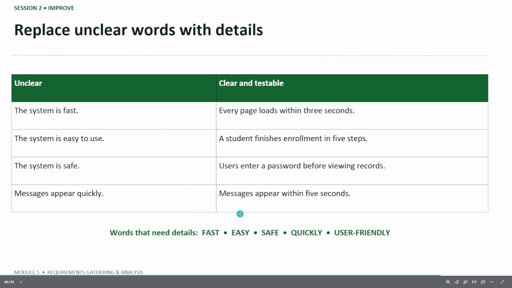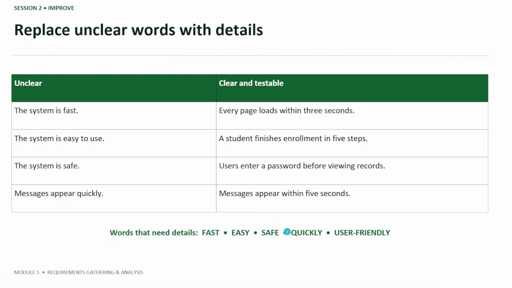We cannot just say it's easy. We need to give a reason from our user stories on why it is fast, why it is easy, safe, quickly, or user friendly. So we must make a justifiable idea, which is very important once again in requirements gathering and analysis. Again, we identify the problem, we identify our clients, we learn more about the features that we're gathering,